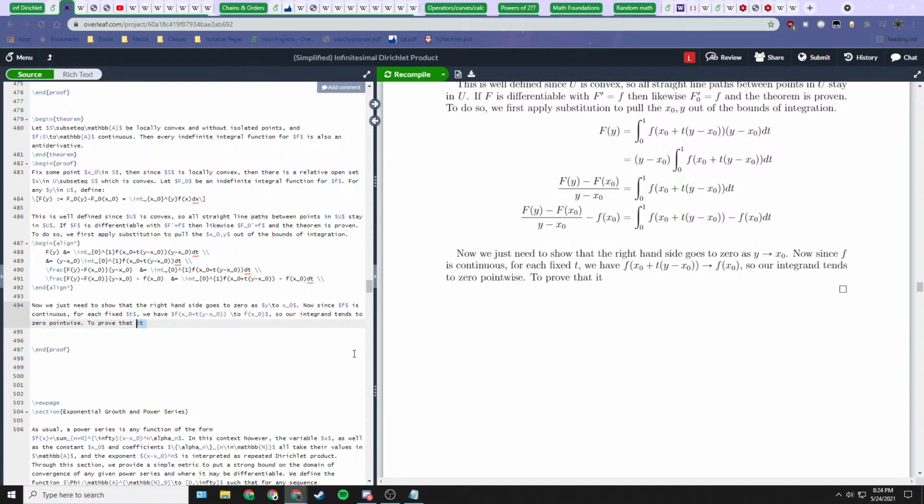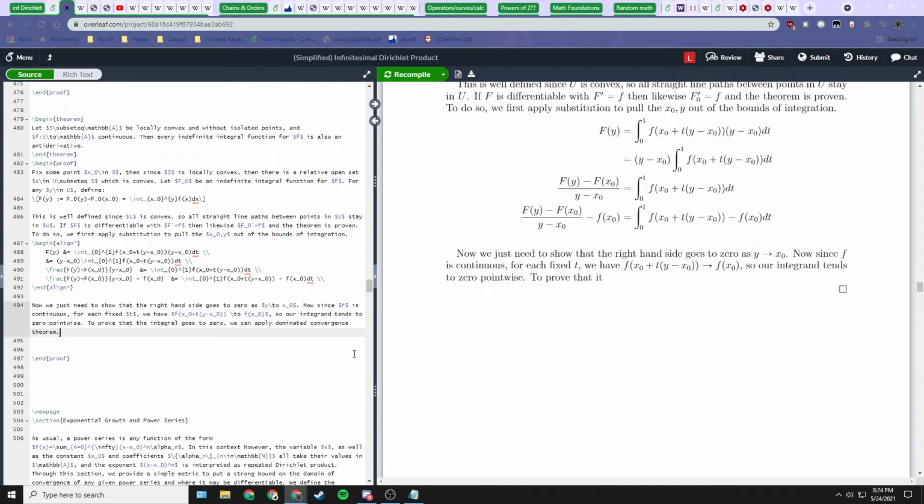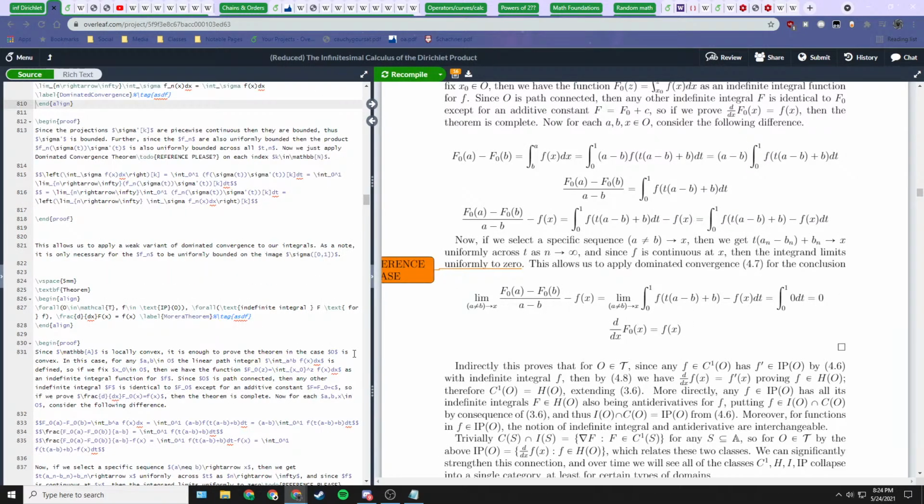To prove that the integral goes to 0, we can apply the dominated convergence theorem. So what we want to do is say